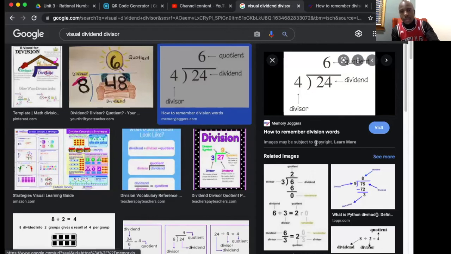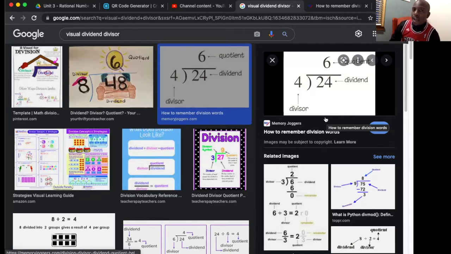Notice here, there are three things you need to know when it comes to dividing. There's a dividend, there's a divisor, and there's also a quotient. Quotient is the answer. We know that always goes on top, but then there's a dividend and divisor. And normally the dividend, when we look at fractions, is always the numerator, okay? The dividend is the numerator, whereas the divisor is the denominator. And I'm gonna write that on our worksheet in a second, but I just wanted to show you this visual,